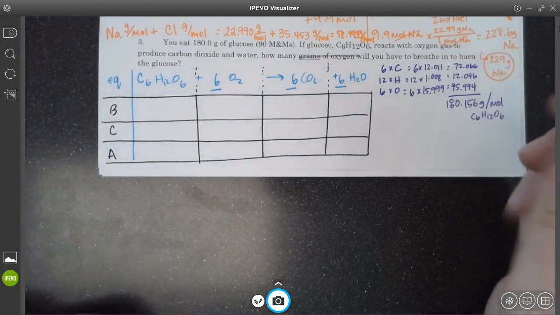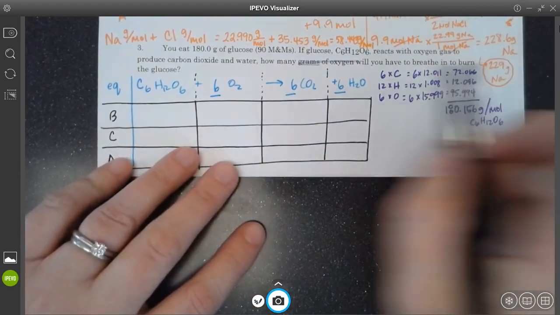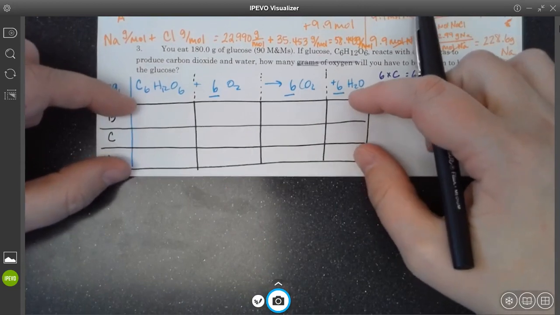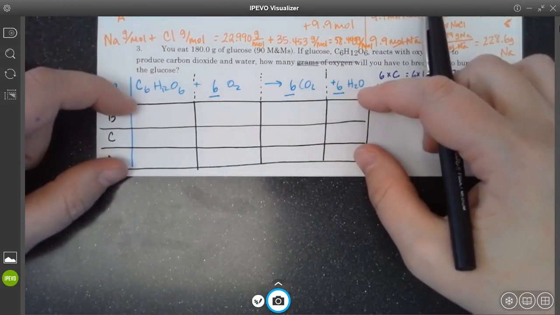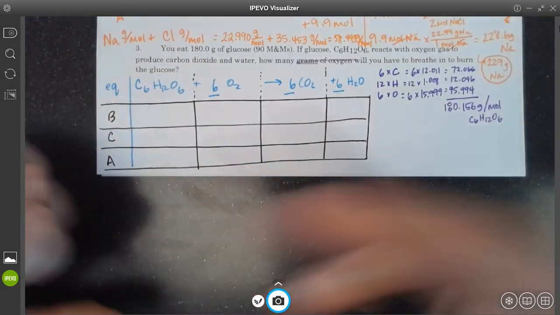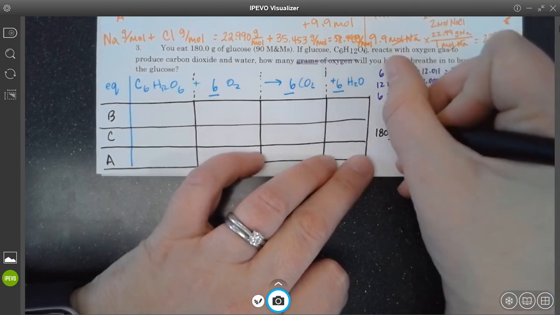We got to get through this, guys. All right. So the first thing that we need to do, because the only thing that we can put in our BCA chart is the number of moles of stuff. Okay. So what we're told is we have 180 grams of glucose. So if I've got 180 grams of glucose,